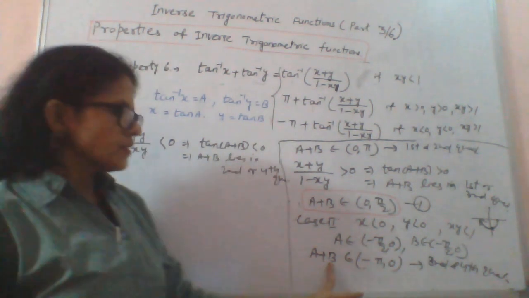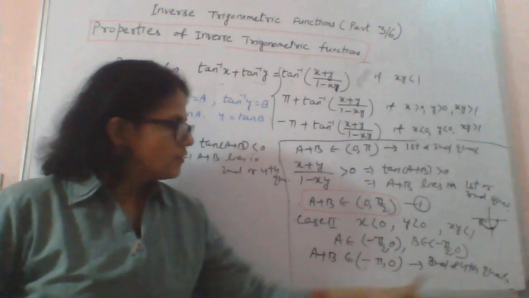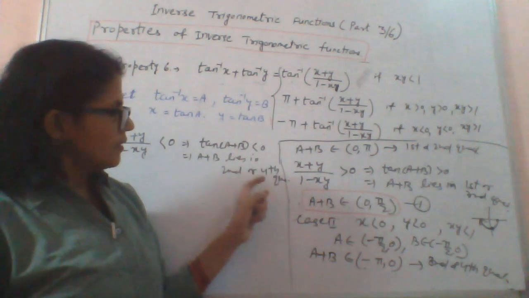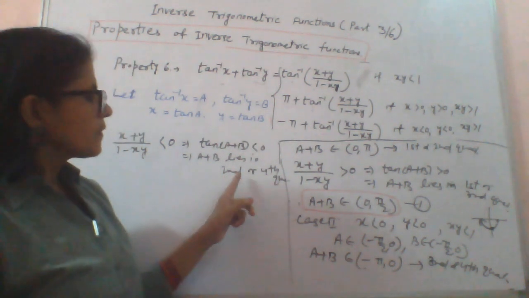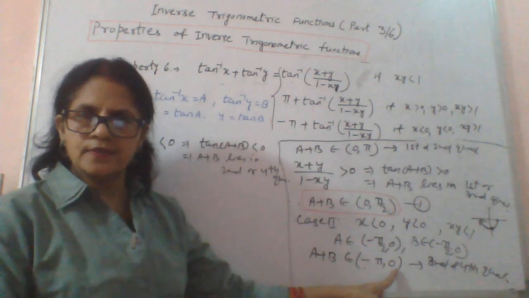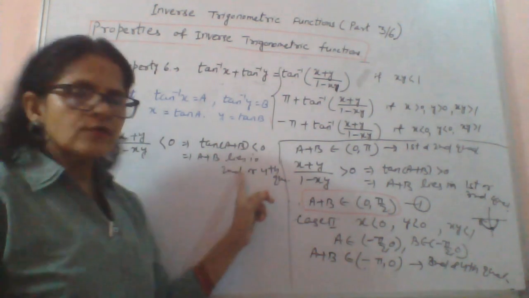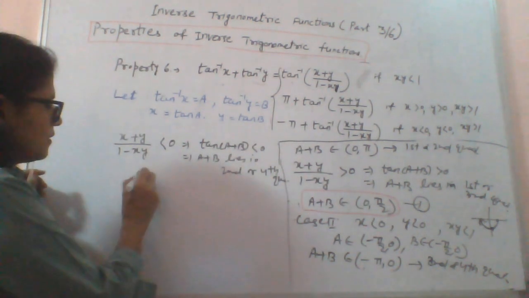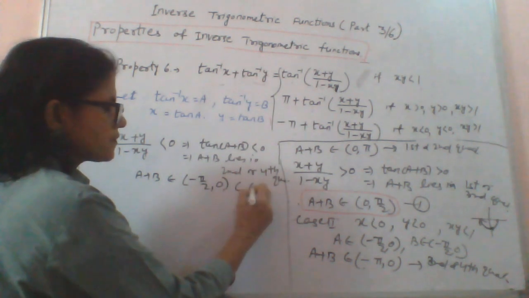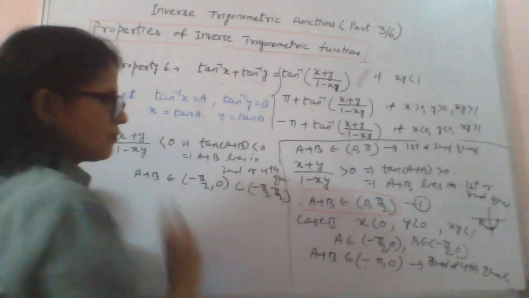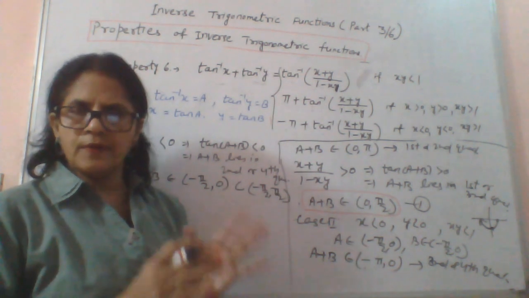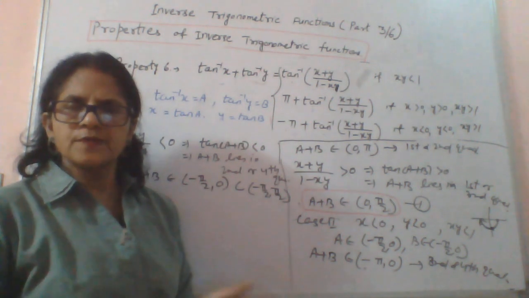So what was ours? a plus b we had taken between minus pi and 0. So we have taken the third and fourth quadrant. Here second and fourth. So here you see, the second quadrant will not come, since minus pi to 0 means the second quadrant is not coming. We are going in the clockwise direction. Okay, so it means the second quadrant is ruled out. So a plus b in the fourth quadrant means (minus pi by 2, 0), which is a subset of (minus pi by 2, pi by 2). So in both the cases we have seen a plus b belongs to minus pi by 2, pi by 2. It is a subset of that basically.